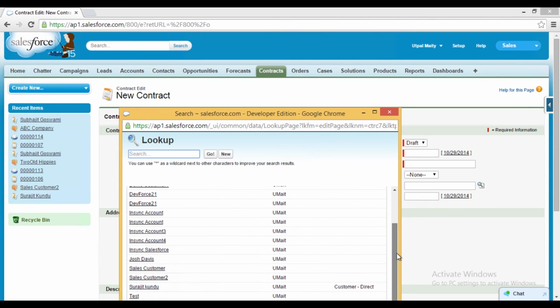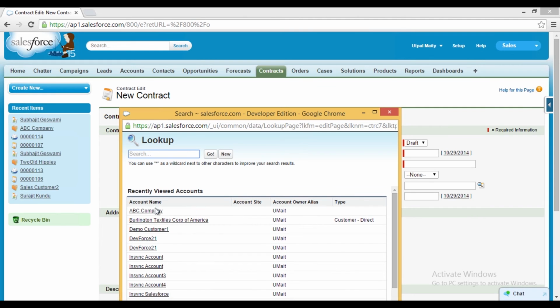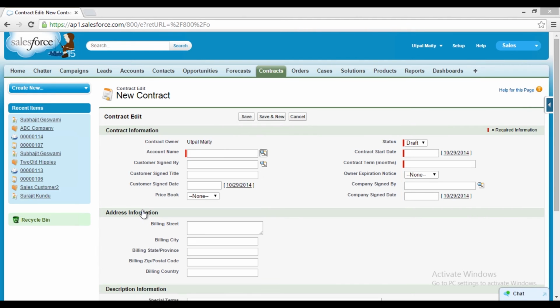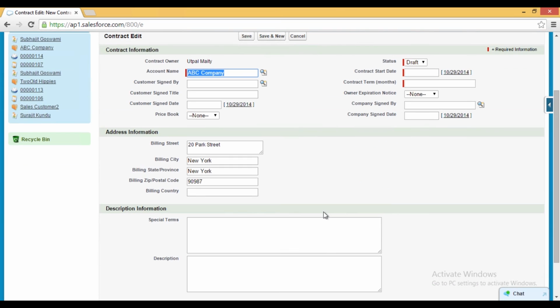So all the accounts are mentioned here. I need to select any one of them. In this case, this is ABC company. So I need to select a new account for them. All the billing shipping addresses are pre-fetched. Contract start date will be from today, and